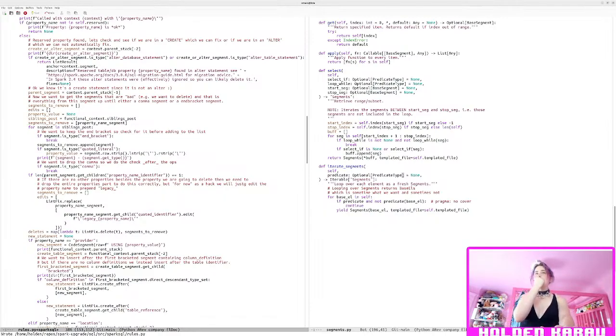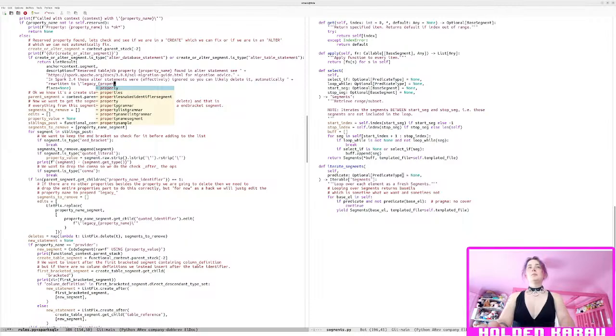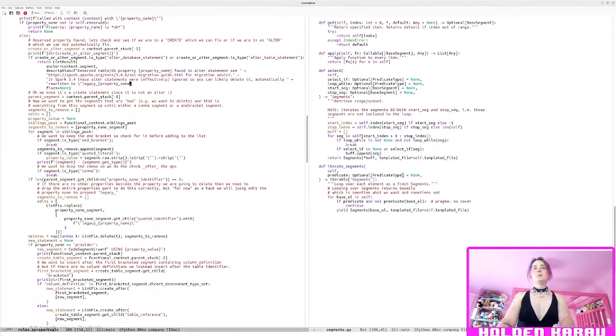So what I'm going to do actually here, so you can likely delete it, automatically rewritten to legacy. And then actually what we're going to do is down here,